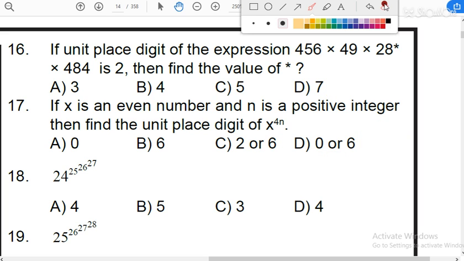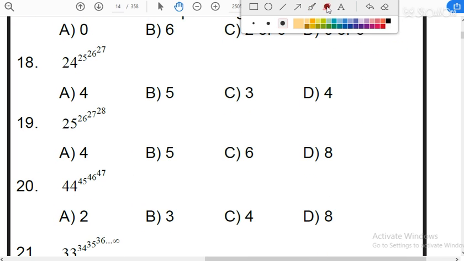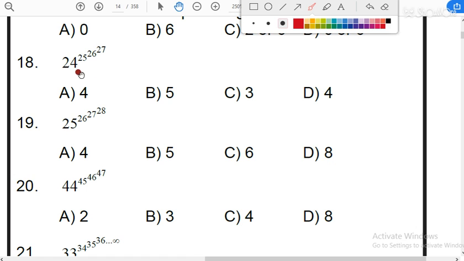So we have completed 17 questions, and I think it is a good platform instead of doing some questions on notebooks, because I have already spent a lot of time. Now up to question number 20 we will do today, and after that we will see how to proceed. So now I am going to solve question number 18. So 4 is at this place, 4 raised to the power 25 is there.